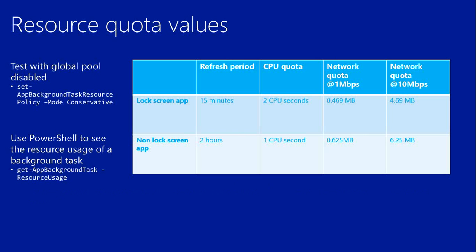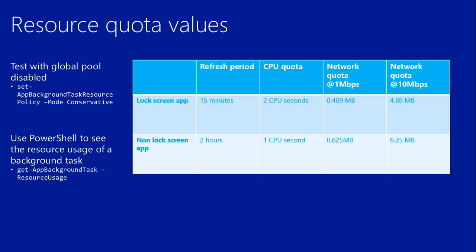I'm not going to read the values because these are well documented in the MSDN, but I would want to take your attention to the left hand side, which says use PowerShell to check the resource usage of your background task. And second, test with global pool disabled. Before you submit your application for Store certification, it's a good idea to use the PowerShell command to see exactly how much resource your background task is consuming, whether it is appropriate or not, and whether you can reduce or increase it in some way. And always test with the